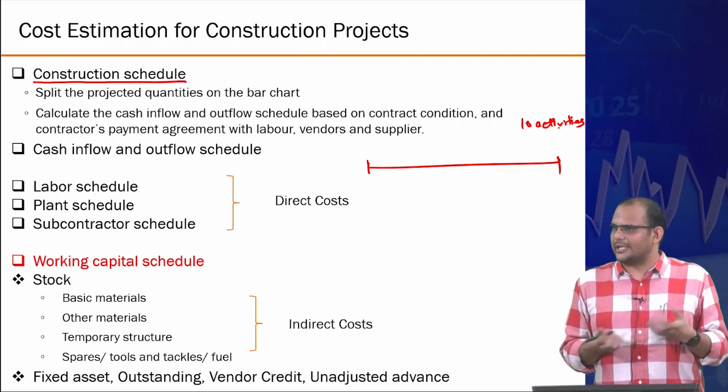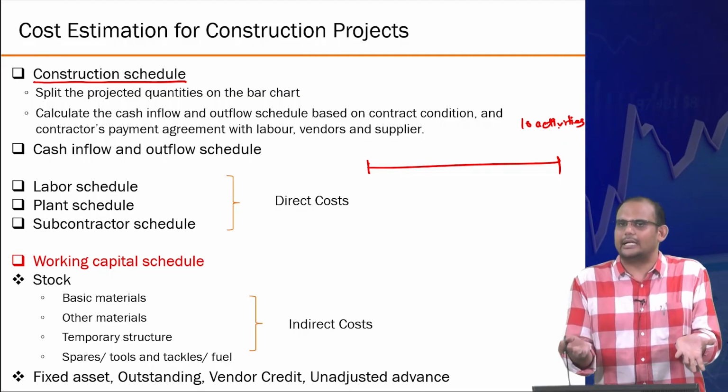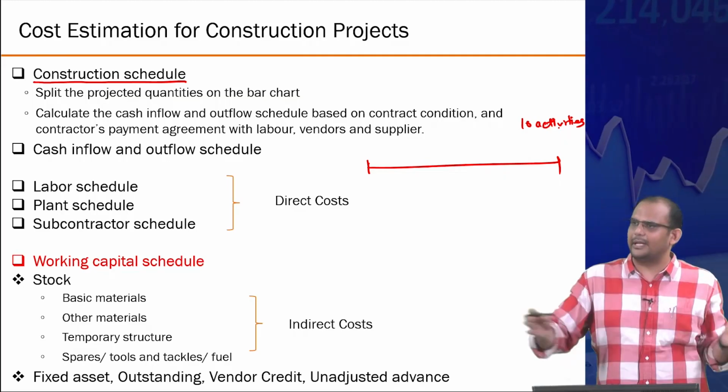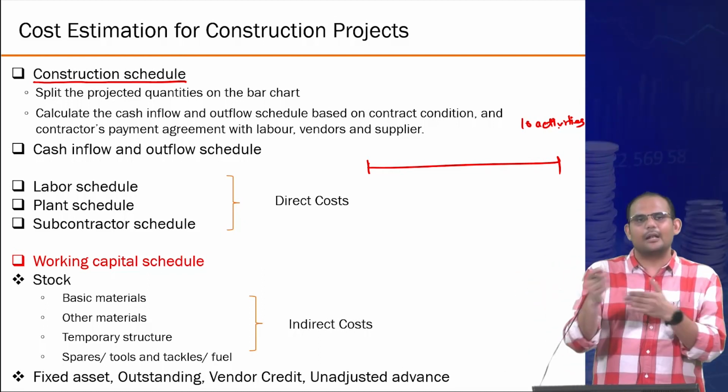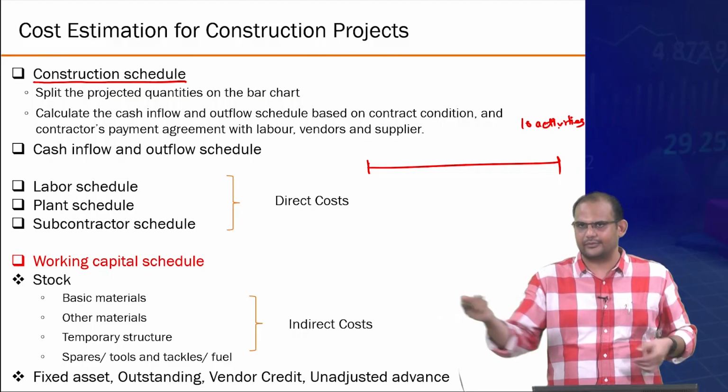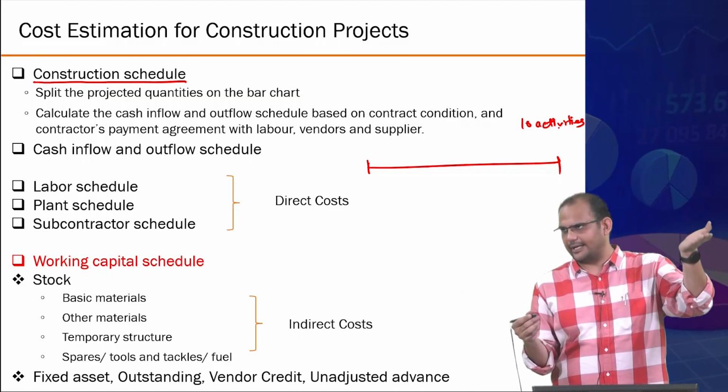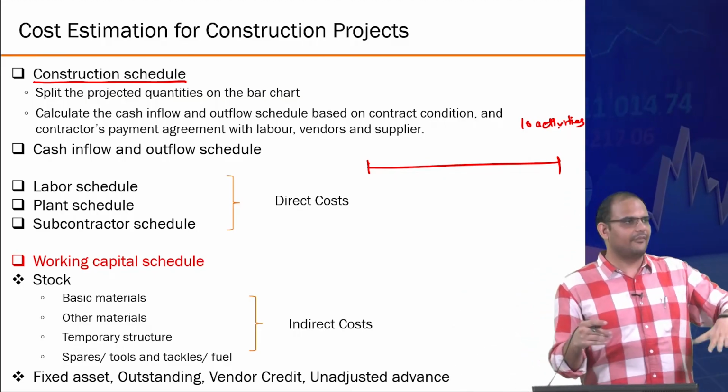And not all of those activities will happen simultaneously. There is a sequence of activities, where something needs to be done before something else can start. For example, pillars cannot be erected before you actually finish the foundation work, right?